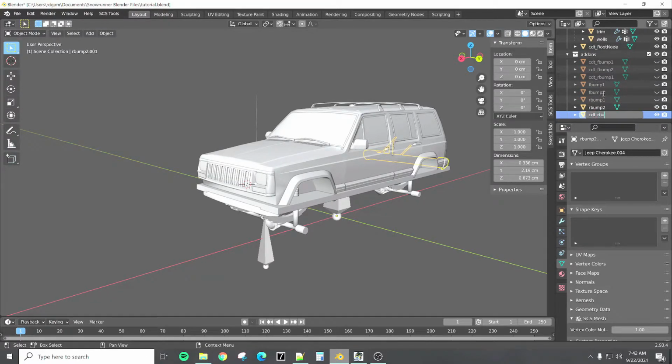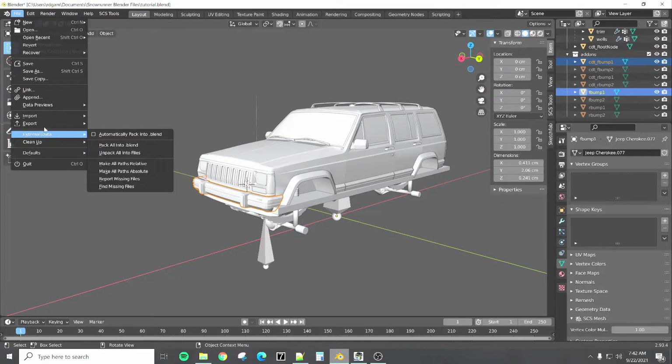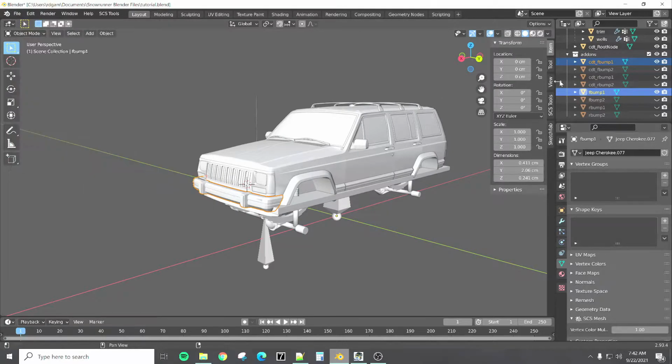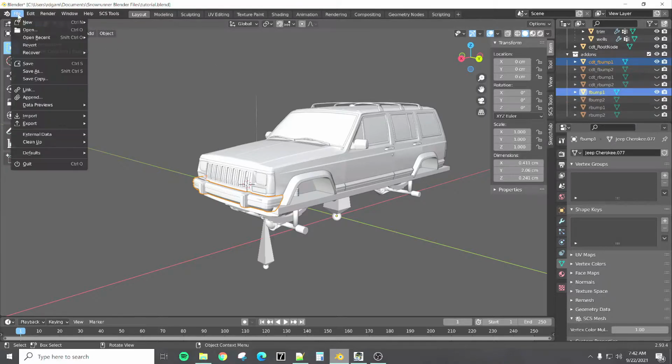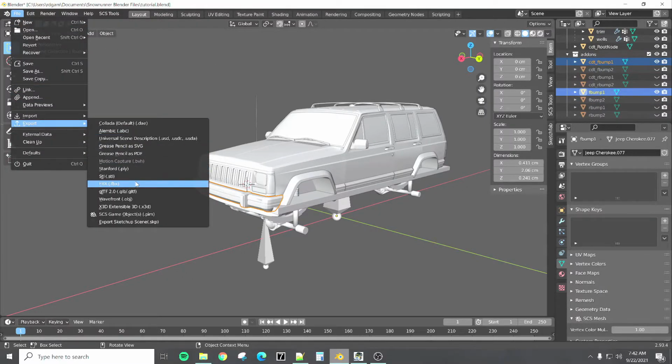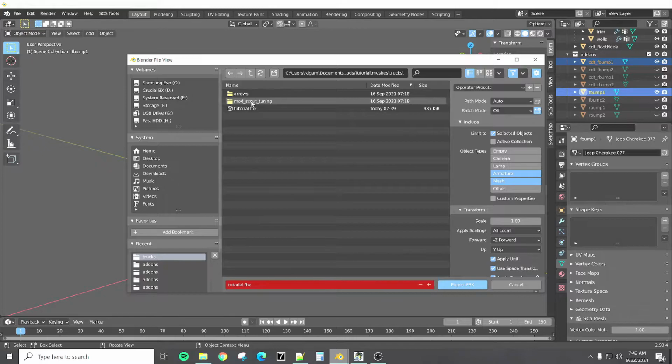CDT R bump 2. Okay, so now we have two front bumpers and two rear bumpers. So what we need to do is activate the CDT and that, and we are going to File. You have to make sure you grab both items at the same time so they both export as one object. Export FBX, and